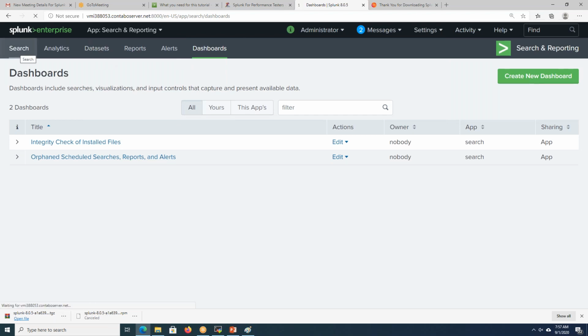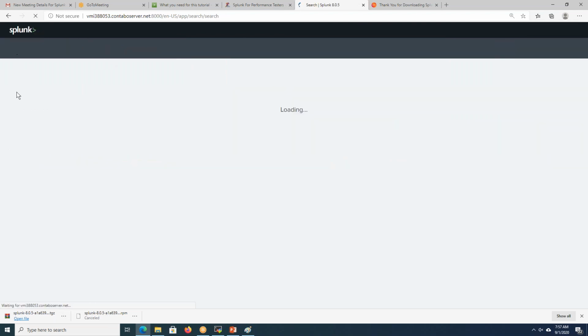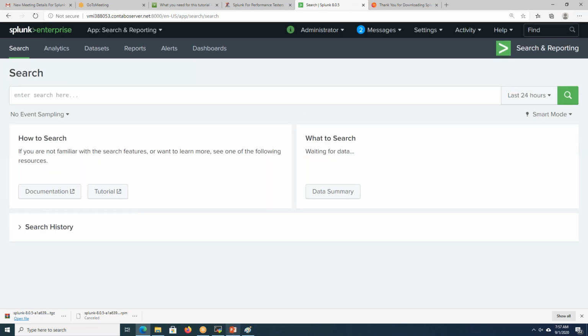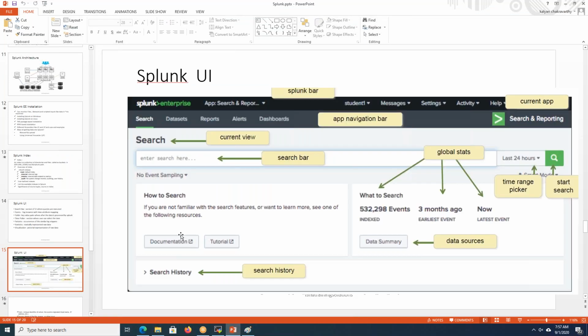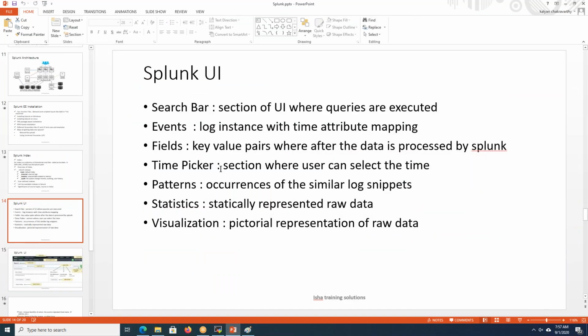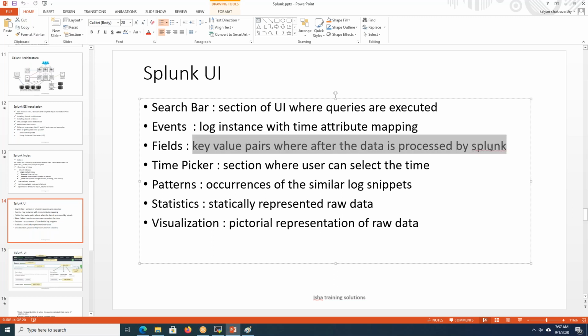Now we'll go to the search bar and look into these fields. A field is nothing but a key value pair.